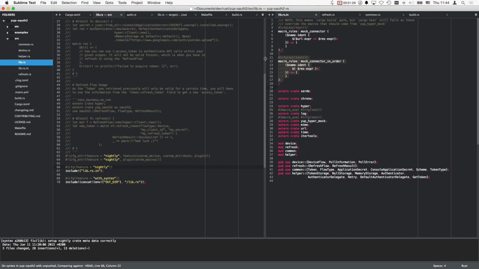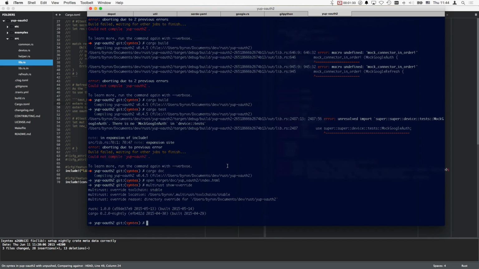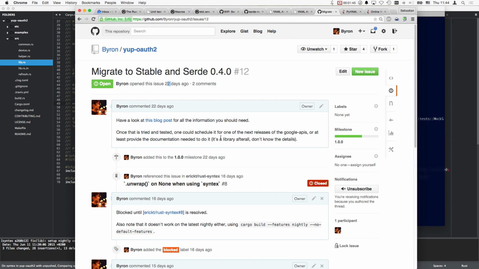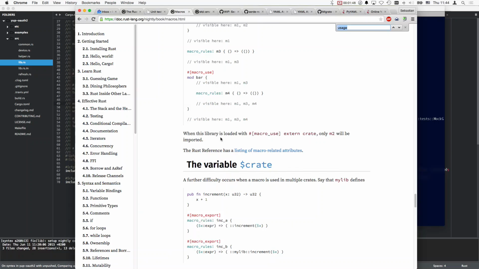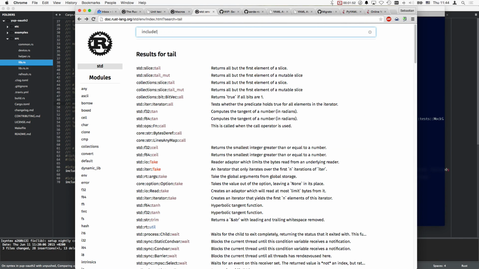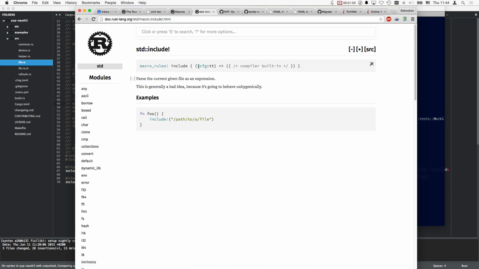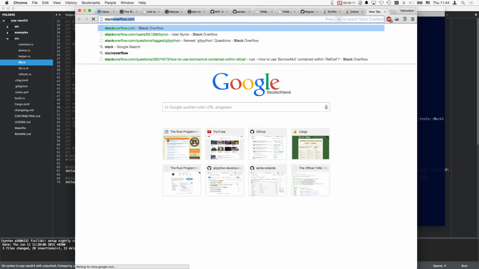So I really would like to prepare a question on Stack Overflow to figure out if this is a bug in include that should be fixed, like it should delay expansion of macros, or if this is anything else. First of all, let's have a look again at the include macro in the standard library and see if this is okay. It's a compiler built-in. Good. So this explains a lot. This means I can't just have a look and see if there's a way to just hack it myself. Okay, good. Fine. So let's go to Stack Overflow